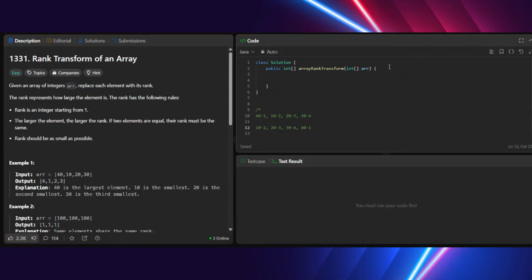At index 3 put rank as 2, at index 4 put rank as 3, at index 1 put rank as 4. I think you got it right. Yeah, I got it. Okay, if you get it, then you get it. So take an extra space,